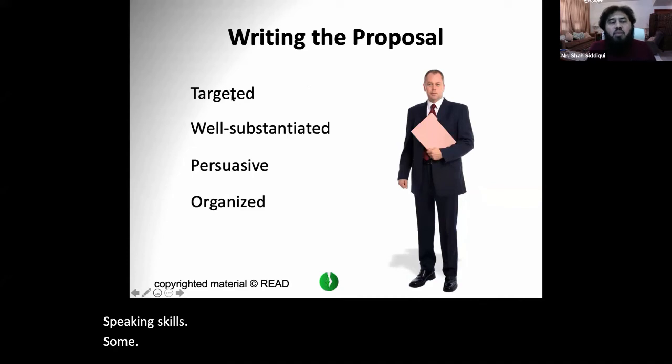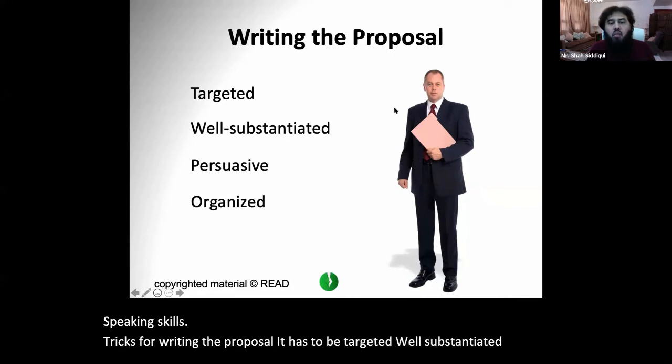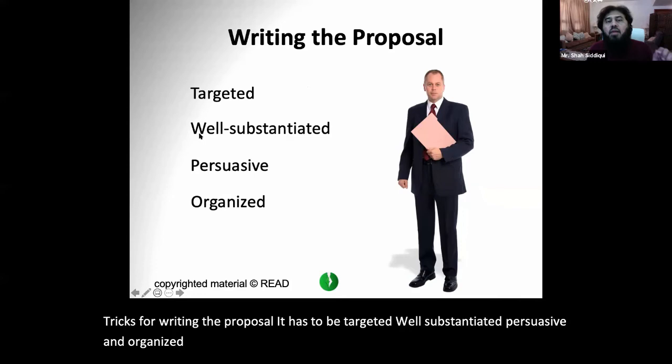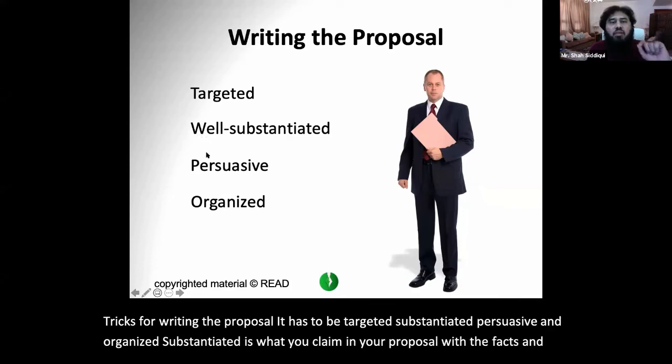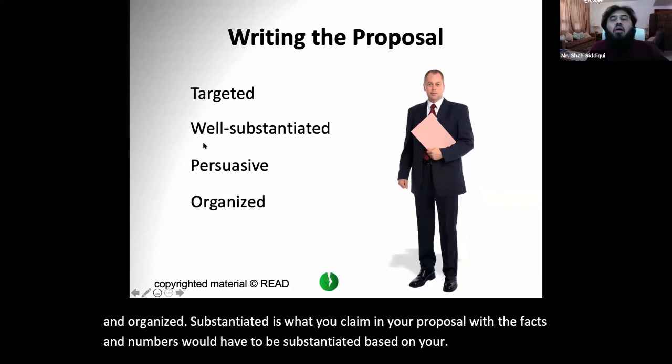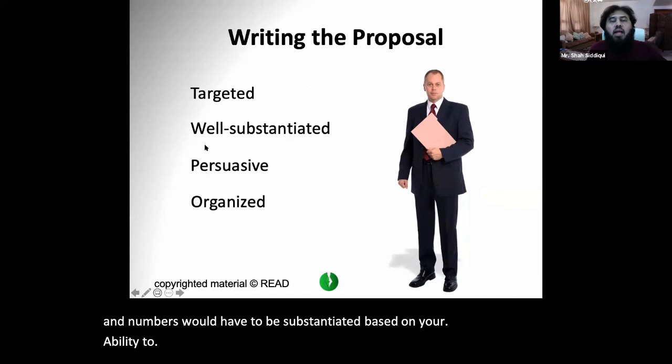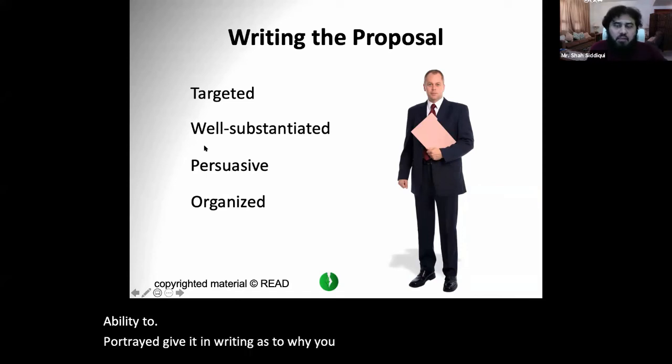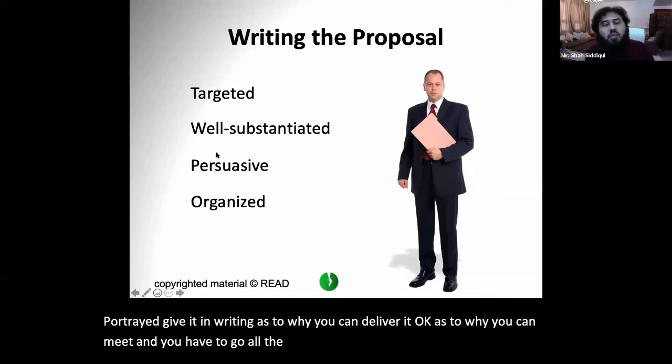Some tricks for writing the proposal: it has to be targeted, well substantiated, persuasive, and organized. Well substantiated means what you claim in your proposal, with the facts and numbers, has to be substantiated based on your ability to portray it and give it in writing, as to why you can deliver it, okay? As to why you can meet it,